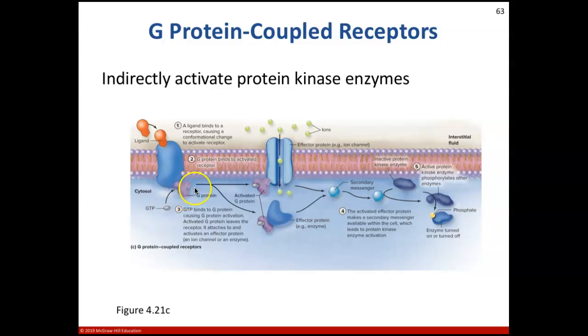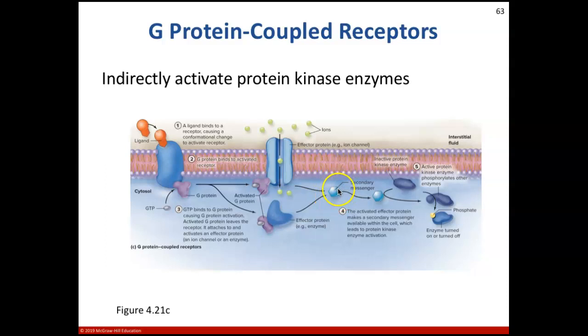And when that activated G protein travels, that alpha subunit breaks off, and will then activate our effector protein. So we could do this either by this effector protein embedded in the plasma membrane like an ion channel to let ions move through, or the activated protein can attach to an effector protein just here in the cytosol, such as an enzyme. Either one of these effector proteins can then create a secondary messenger, which can be a protein of some sort,